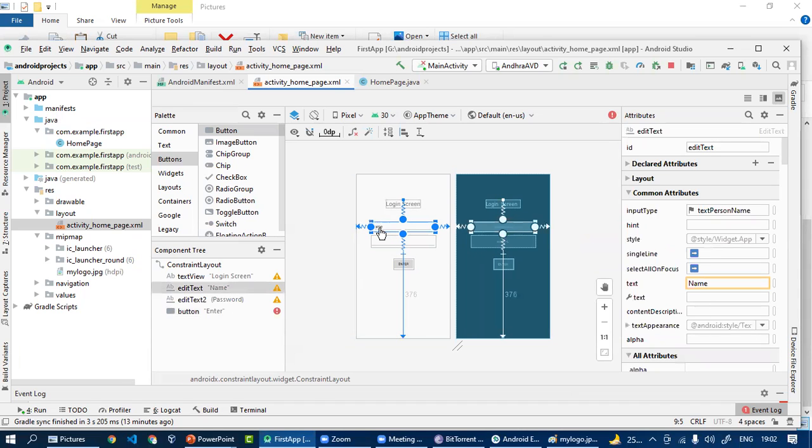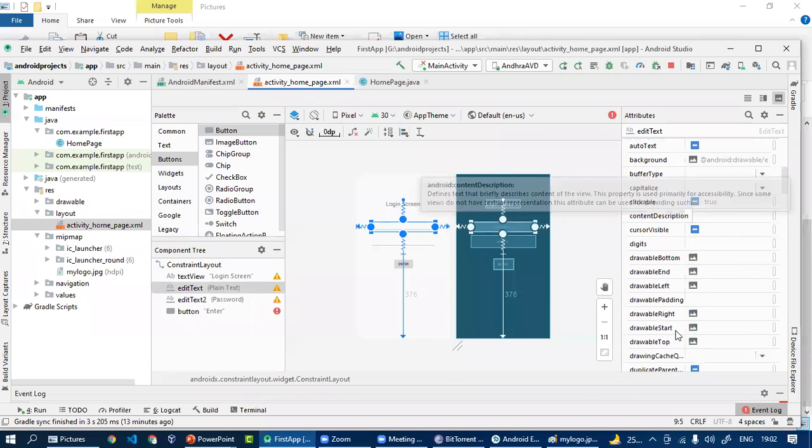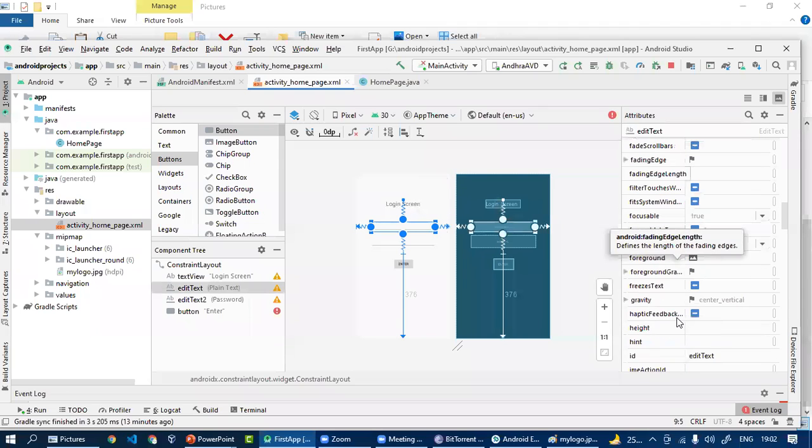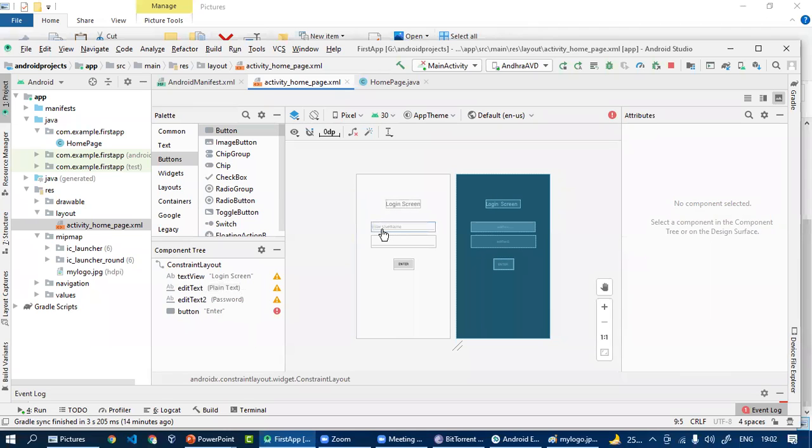If you want to change the name, then you will have to change the name here, or if you want to make it hidden, then you will have to find the hint option. Okay, so here you can see that the text is now a little bit transparent.